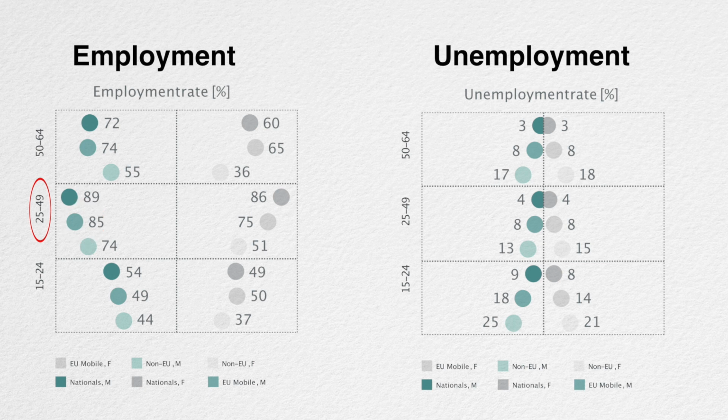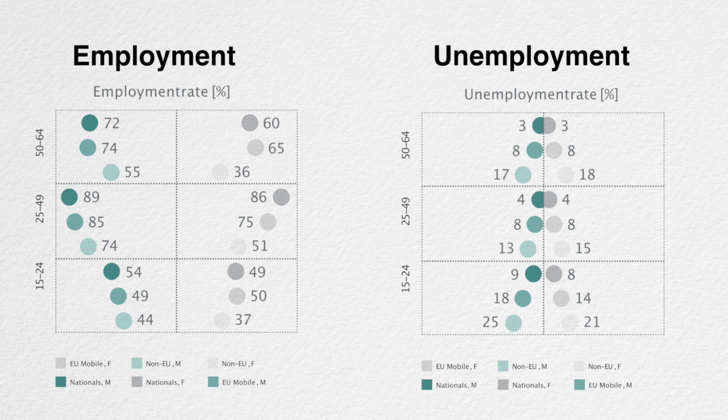Amongst women, we see a slightly different picture. So the employment rates of Austrian women are much higher than that of third country nationals, but also higher than that amongst European immigrants also. And then you can see also the unemployment rates look very similar. So they basically mirror the employment rates, with, in general, third country nationals having the highest rates of unemployment. Or when I say third country nationals, I mean immigrants coming from outside of the EU have the highest rates